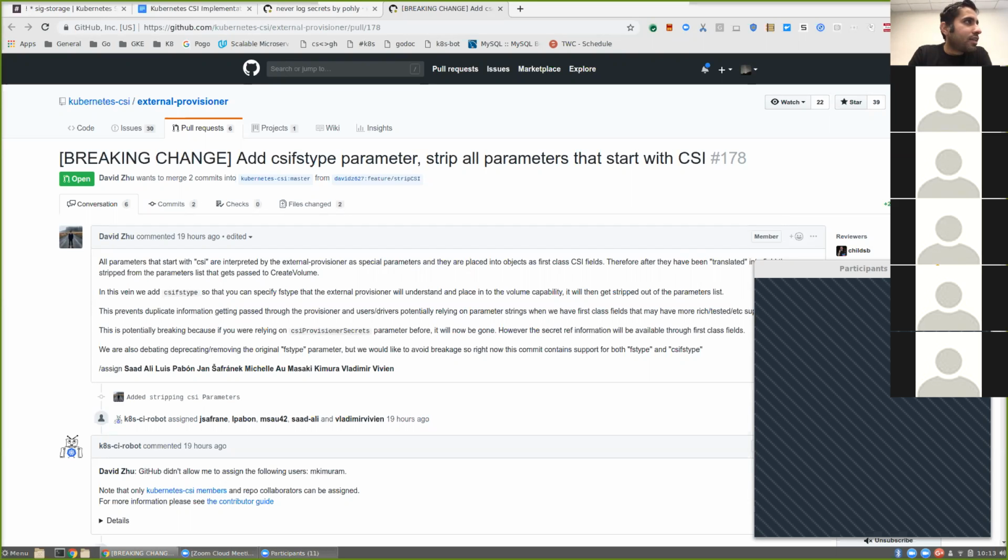Well, I think that maybe we can get that started, because if not, we're going to have collisions as we go forward. Then can you hear me, by the way? Yes. Then would the idea be to stop using CSI provisioner secrets? Because if we continue to use it this way, and in 3 quarters we were to change the storage class, we'd have 2 ways to do it. And we would have to spend another year deprecating CSI provisioner secrets, if we could deprecate it at all.